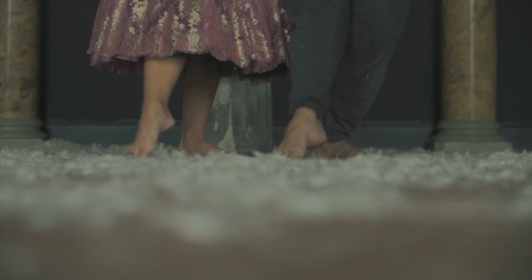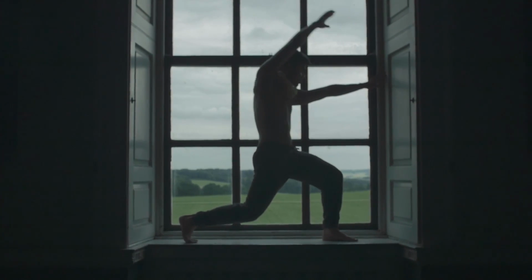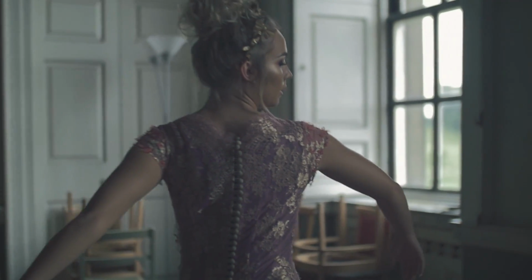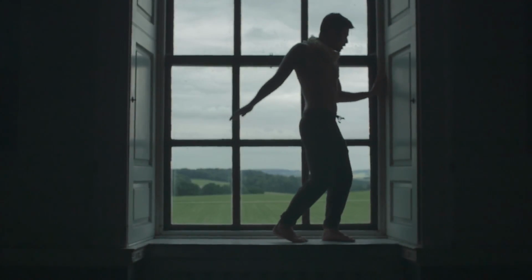Whilst I was there, I also got to shoot a bit of video, so I put the lens back on the GH4. Again, here I'm shooting at 96 frames per second, hence why you can see some kind of artifacts here and there. This wasn't really planned, it was all handheld, and again I was quite happy with what I got. Now since then, as I've had the lens for over a year, I've used it a lot more,